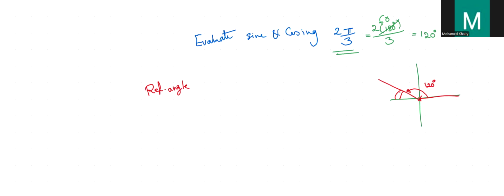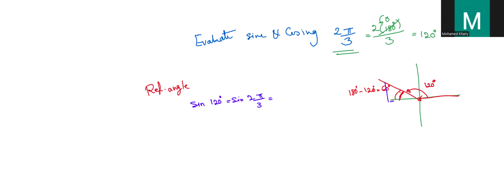Okay, first of all, I need to know the measurement of this angle. The whole thing here is 180. So how can I get this back? It's 180 minus 120, excellent. So what's the measurement of the angle here? It's 60 degrees. So we are going to find the 60 here, but 60 in the second quadrant. Excellent. So we are going to write sine 120, or even the given angle sine 2 pi over 3, which is exactly like 120, equals